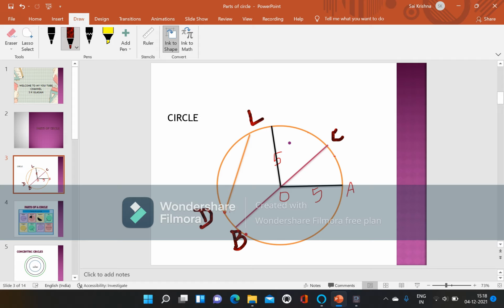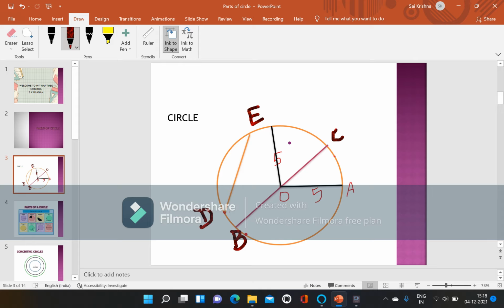So there is a difference. Let me repeat again. The radius is nothing but the distance between the center to any point on the circle, and the distance between any 2 points on the circle is called the chord, and the chord, if it passes through the center, then it is called the diameter. And we used to say that the diameter is the longest chord. And then the next part is